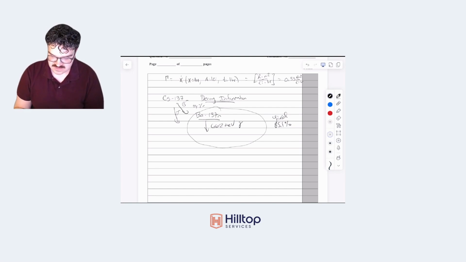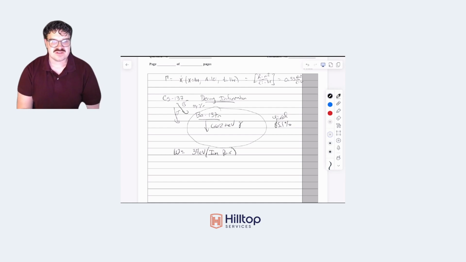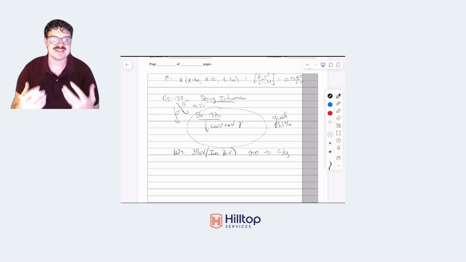And the way we do that is through the specific ionization constant. For photons in air, it's about 34 eV per ion pair. And this is on the exam sheet, so just know if you're asked, this is at standard temperature and pressure. You'll have to say, hey, we want to figure out, of that total energy that is deposited in the air, how many ion pairs are produced, and then from there we can relate this to coulombs per kilogram, which is kind of our end goal. How do we get back to coulombs per kilogram? Because that's going to help us get to